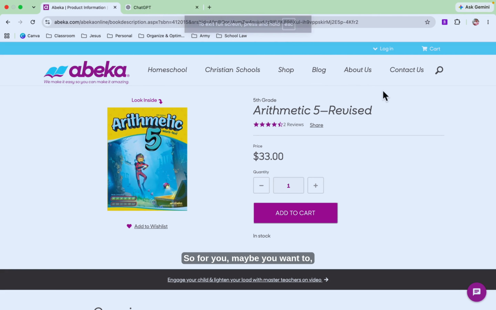So for you, maybe you need to align your math standards to the Virginia SOL fifth grade standards, right? So for me, I didn't have the book accessible, so I just looked it up online and I found the Abeka fifth grade math workbook. What I did was I decided to take a look inside,